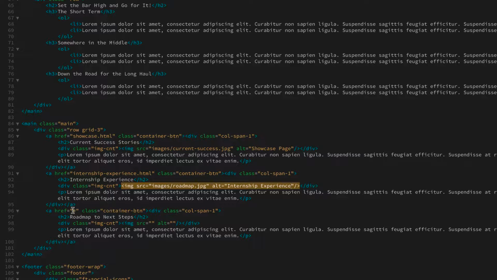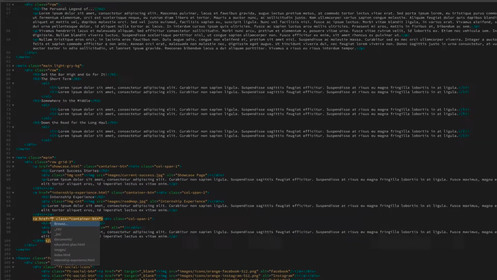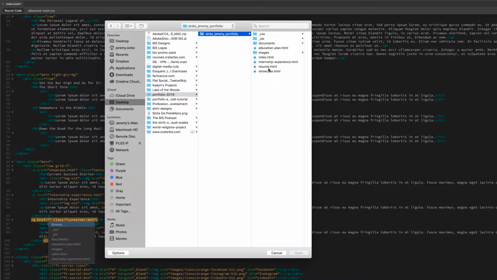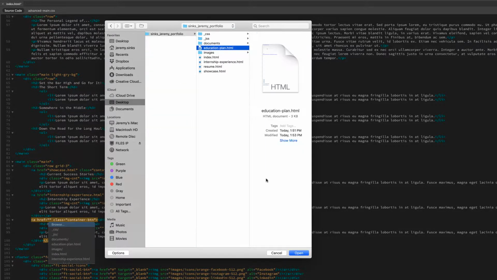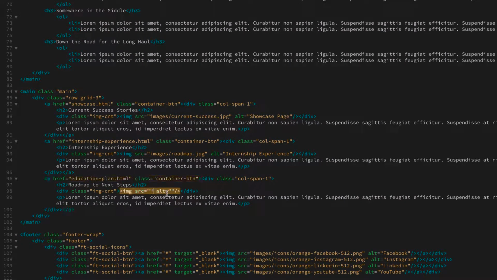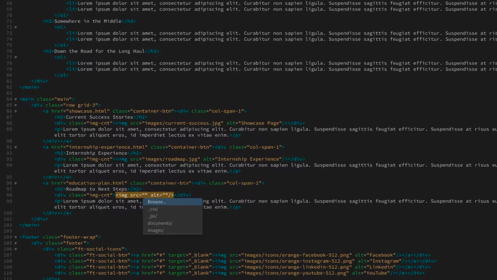Next, the third section, find the A href tag. Delete that out to the quotation mark, retype the quotation mark in, enter return, back, and select the education plan page. And in the image SRC, do the same thing, back off those quotation marks, retype them in,